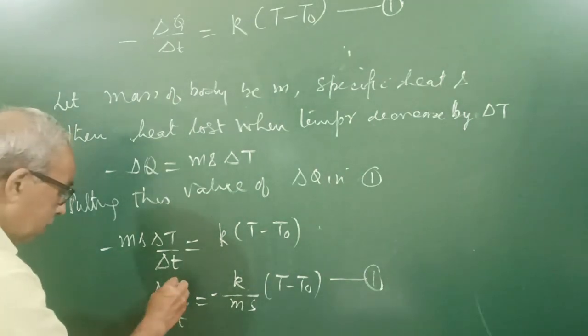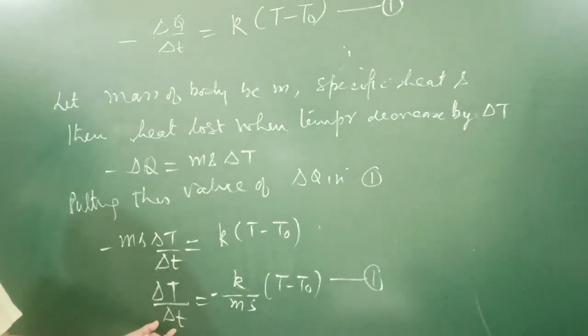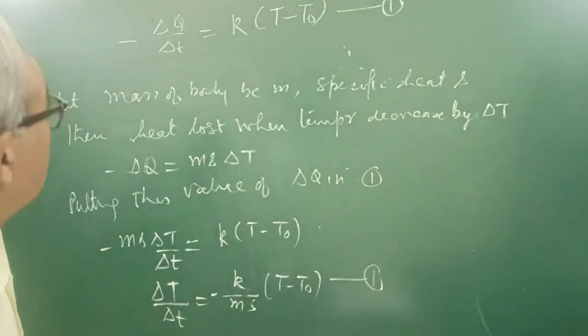Here delta T is the decrease in temperature, delta t is the time interval, and hence